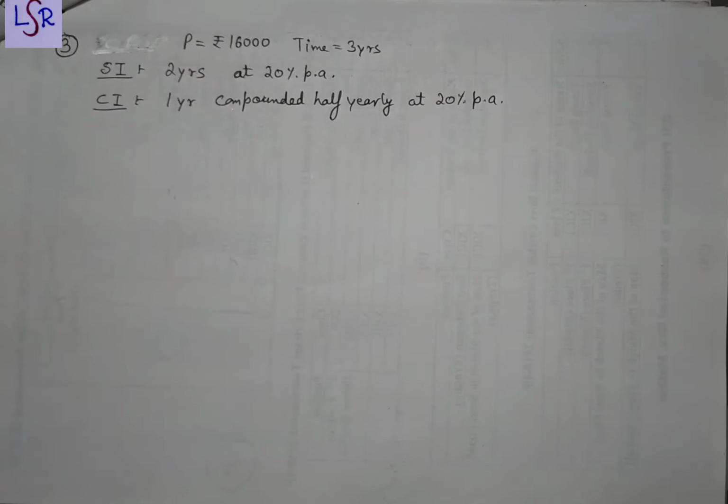Now let's see question number 3. Here in question, a man borrowed rupees 16,000 for 3 years under the following terms. 20% of the simple interest for the first 2 years and the 20% CI for the remaining 1 year on the amount due after 2 years. The interest being compounded half yearly and we have to find the total amount to be paid at the end of 3 years. So very first of all we'll find the SI for the 2 years